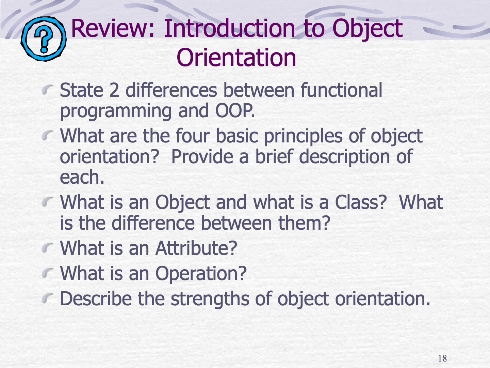Introduction to object orientation. State 2 differences between functional programming and OOP. What are the 4 basic principles of object orientation? Provide a brief description of each. What is an object and what is a class? What is the difference between them? What is an attribute? What is an operation? Describe